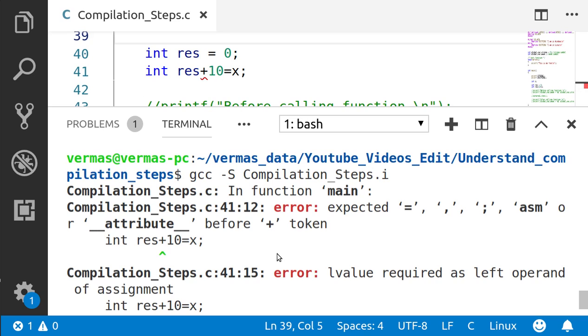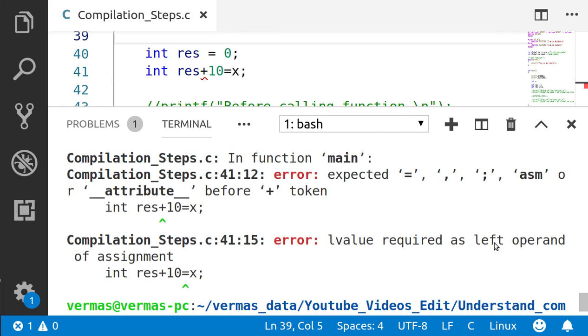The left hand side of the equal to operator must be a valid data type, and this is an expression, so it is not valid here, and that's why I am getting this error, which is "L value required as a left side operand of the assignment". Okay, so this is a semantic error.